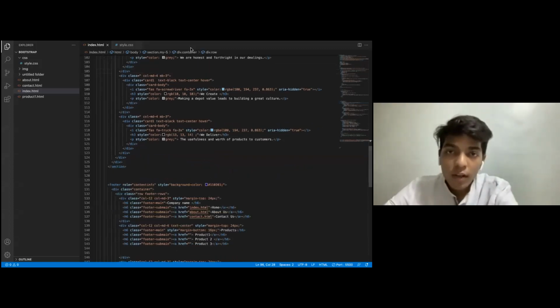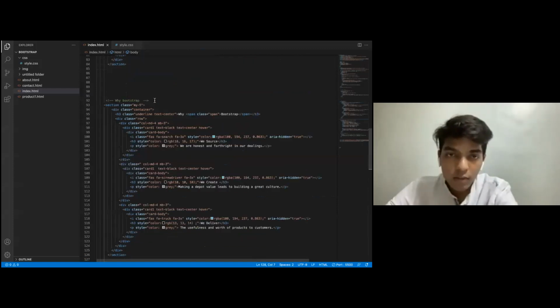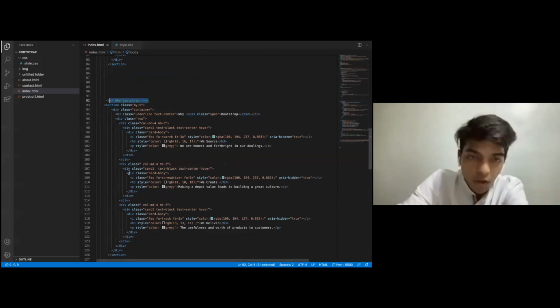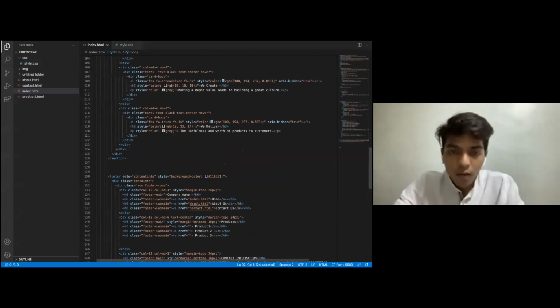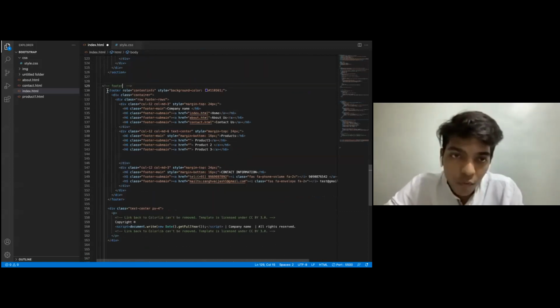Nice. So now there is a footer that we have. I have put in a comment of footer so that when you get the code, you can easily access it and see where it is. Okay, so this is where the footer starts. The footer starts with a tag of footer, as the navbar starts with a tag of nav.